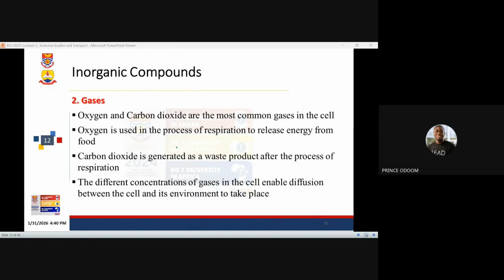Then we also have some organisms that are microaerophilic. They require just small amounts of oxygen to thrive. Then we have the aerobes, those that require oxygen, and anaerobes, those that do not require oxygen. All these are terminologies that come with gases. Carbon dioxide is generated as a waste product after the process of respiration. This happens in plants, and in animals we bring out carbon dioxide,